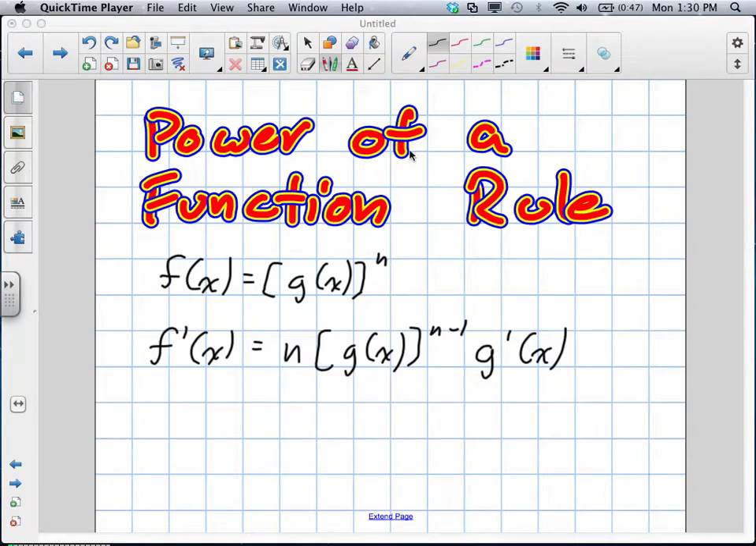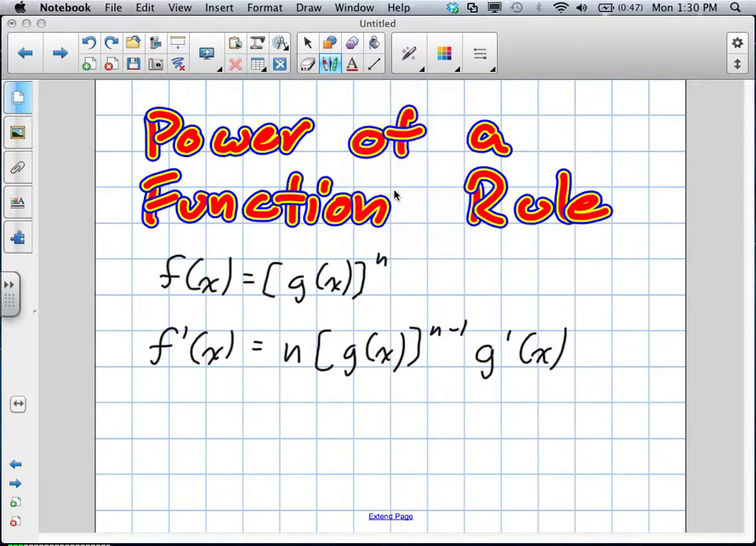Okay, power of a function rule. So similar to our rule we just went over, which was our product rule. Only difference is now, imagine we have a function, so f at x is equal to some function raised to some power. Okay. Like the product rule, when we go to find a derivative of this, it's almost like we prime one